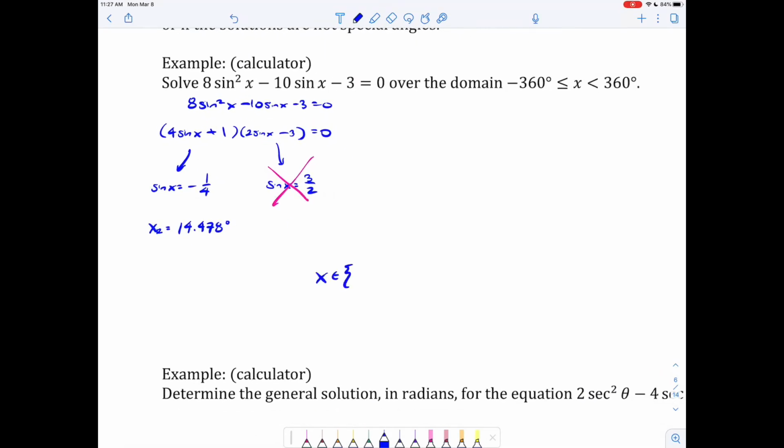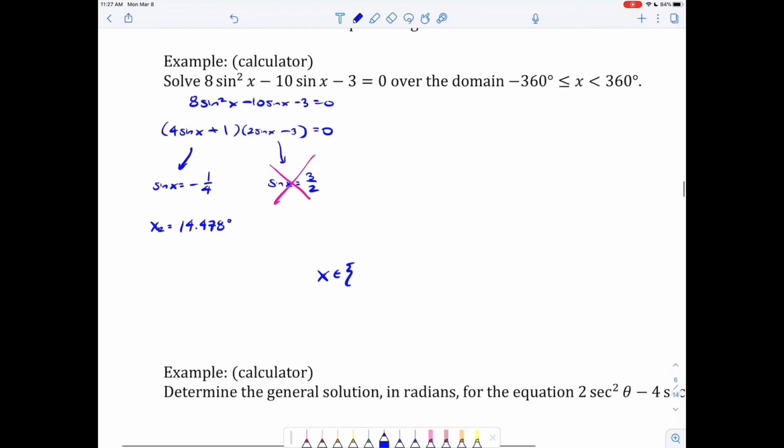X can be 14.478 degrees. It can be, not 14. Who wrote down that answer? Not me. It's not there. The sine ratio is negative, so quadrants 3 and 4. So plus 180